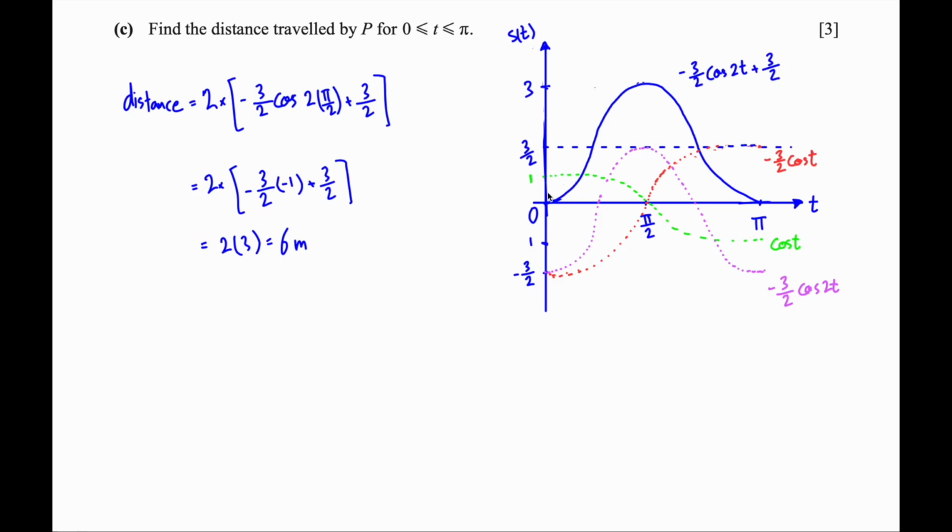So cosine t from 0 to pi looks like this, the green one. And then I'm gonna change the amplitude to -3/2. However, when you do that, you have to flip it because of the negative sign. You need to mirror it about your time axis. At the same time, you stretch it. So the new position of maximum and minimum points are going to be 3/2 and -3/2 respectively, rather than 1